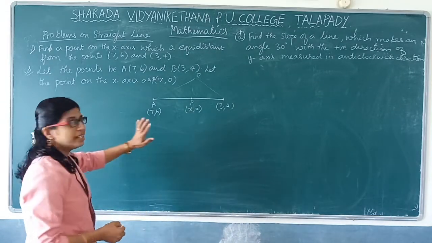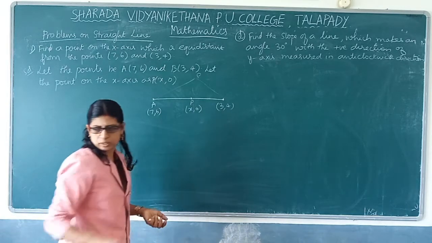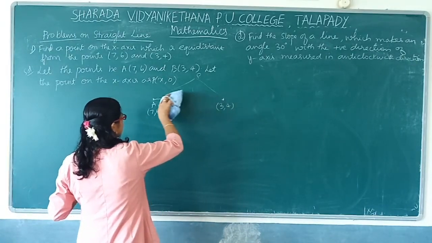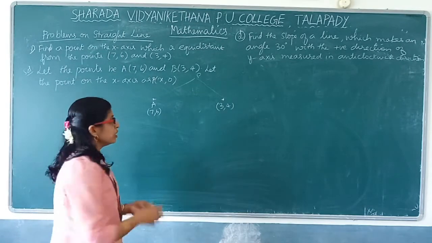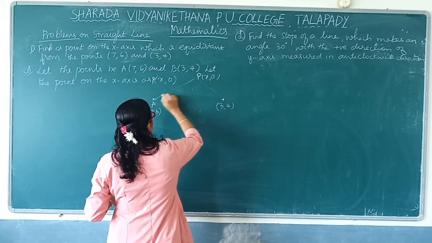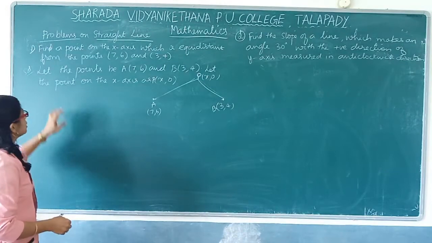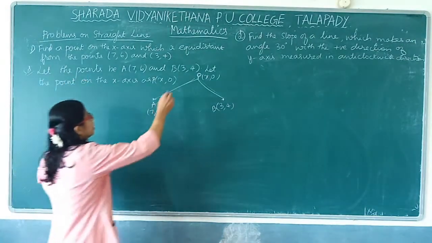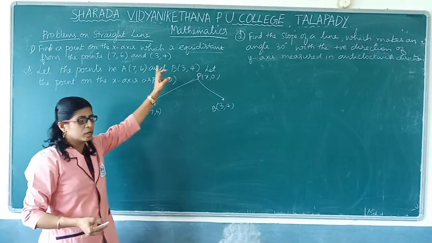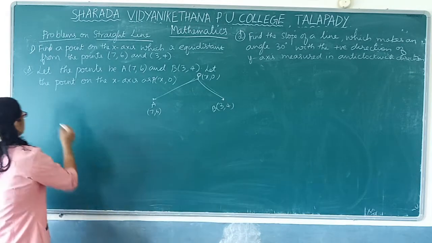They just told, they didn't tell that it is a midpoint. They told it is equidistant. So better to have it the other way only, because we should not have a concept that it is the midpoint. It is lying in the same line. Not necessary. Understood? So let us have the point P of x, 0 so that its distance from A and B are equal. See, the term here is equidistant from the points 7, 6 and 3, 4. So this is A, means what? PA is equal to PB.